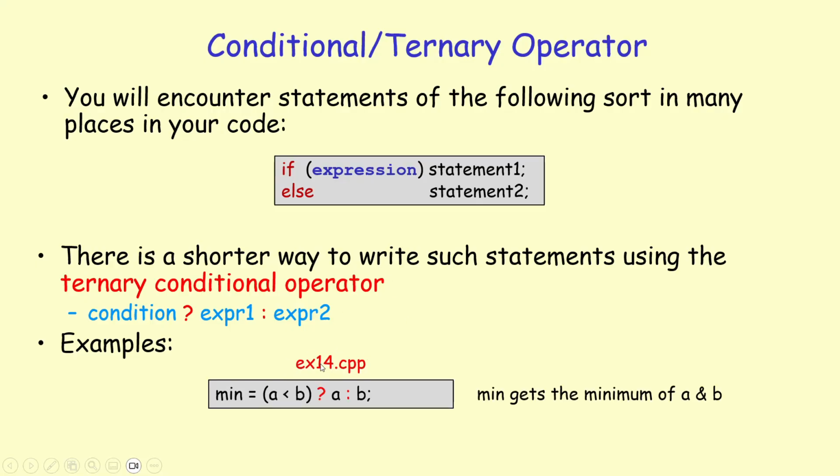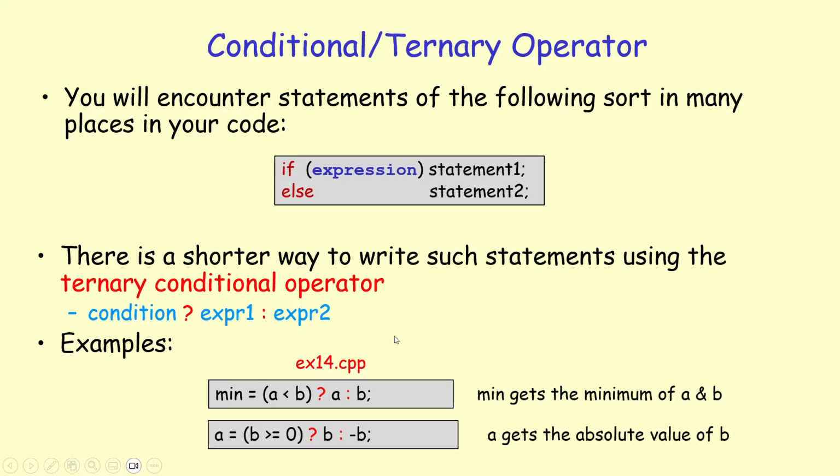These will be in example 14.cpp. Let's say we would like to compute the minimum value of two values, a and b. So the way we can do is, either we can write an if statement like this, or a better way is to write the ternary operator by saying evaluate a is less than b. If a is less than b, then the result is a, the minimum is a, otherwise the minimum is b. And basically taking the result of this expression, we assign it to the minimum variable, right? So it's basically the same as writing if a is less than b, then minimum is equal to a, else minimum is equal to b.